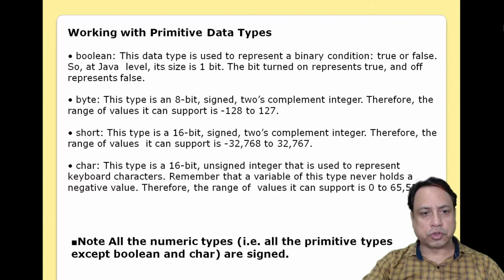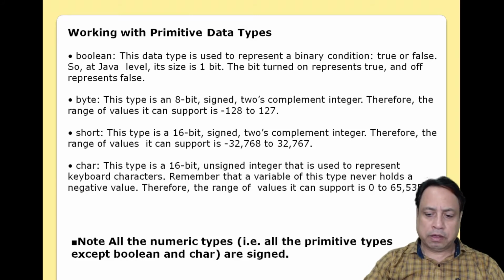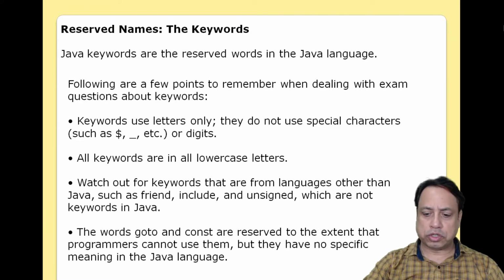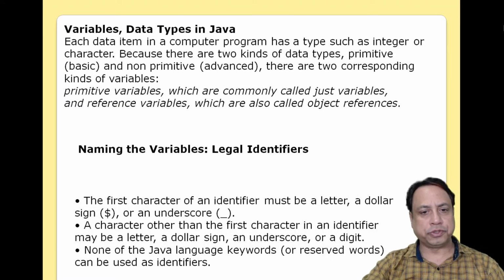Hello students, so today we shall learn about the data types and the variables attached to them inside the Java language. Before we learn about how variables are used in Java, let us learn a few points. A variable is a repository of data, and when some data is going to be stored in a variable, we must know what type of data is going to be stored in it. And that is the reason we learn data types.